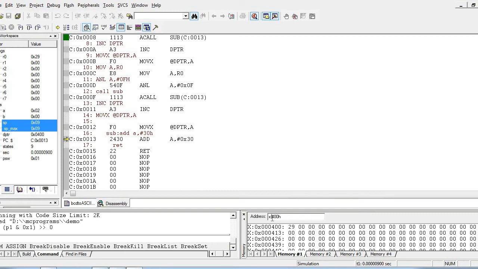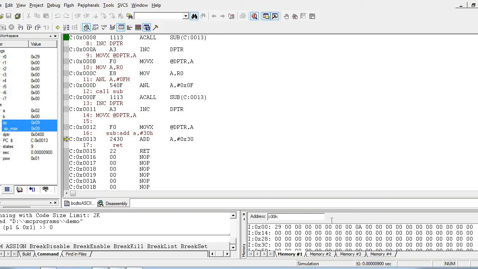Let us check whether it is stored at the stack pointer or not. By default, the stack pointer location starts from 07H. See, we have 000A, the address of the instruction present below the subroutine call.